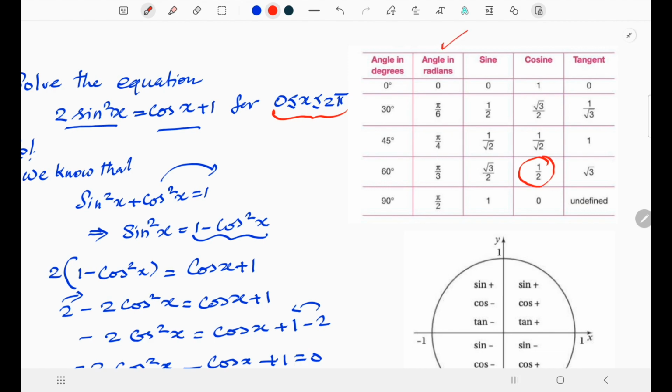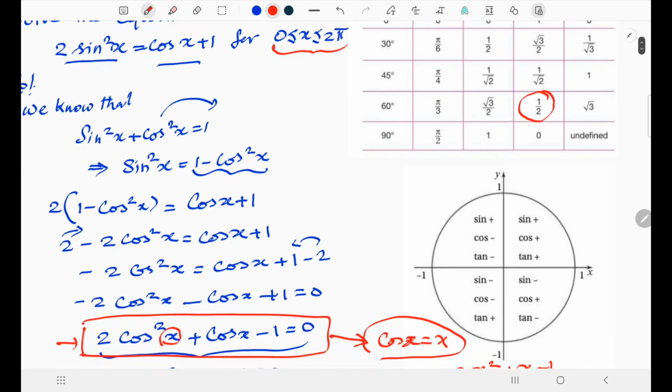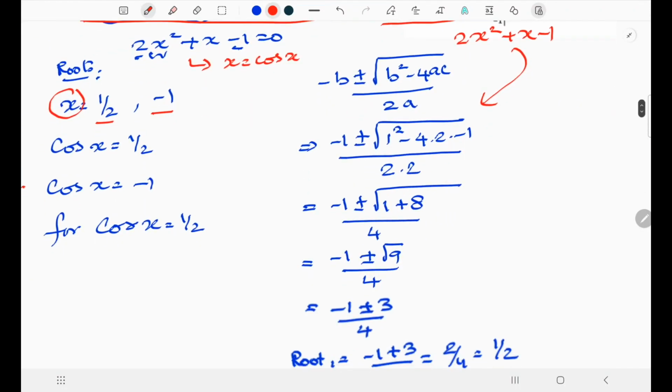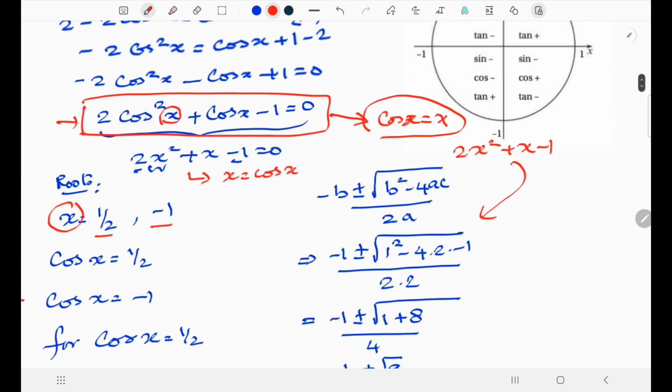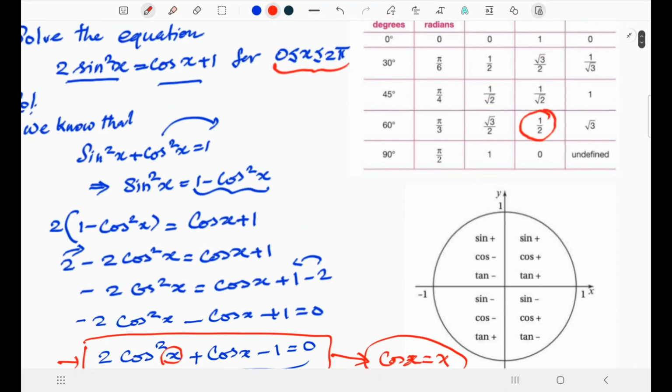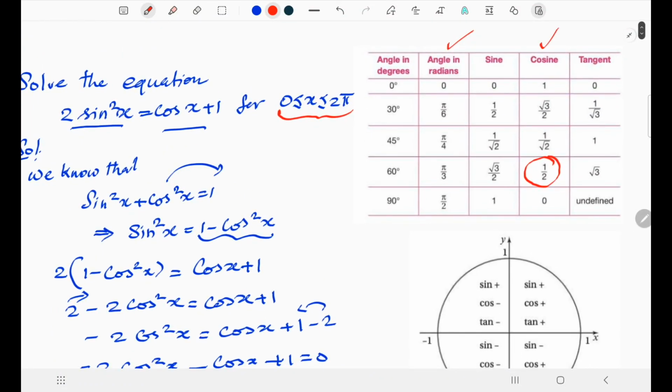We need to check the angle in radian for this value. That means x equals pi by 3 radian, the cos value is 1 by 2. From the table, see here, this is the cos, and cos 1 by 2 is pi by 3 radian. Now, see here, the table is from 0 to 90 degree, but x ranges from 0